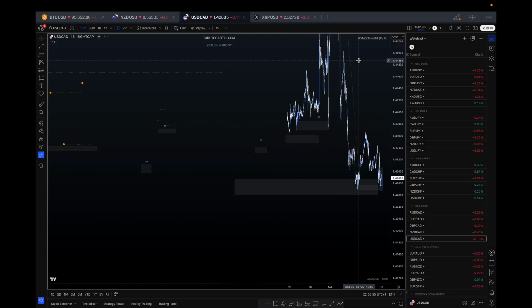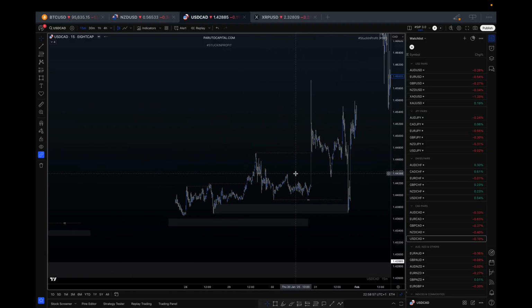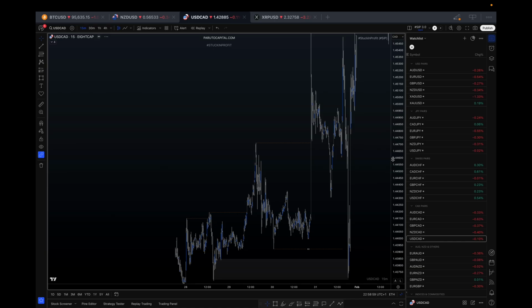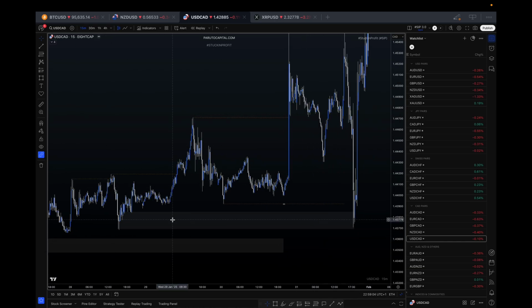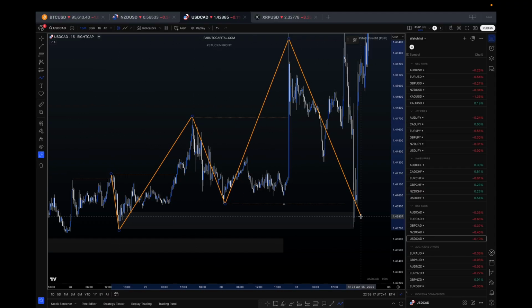Okay, so let's take another pair. Let's say USD/CAD. Do we have something we can look at here? Yes, let's look at this. So let's also draw the structure first. You always want to make sure you identify structure. So here, high, low,